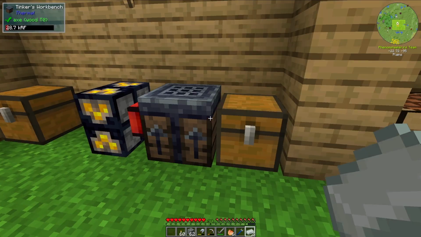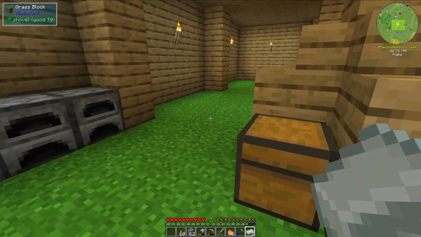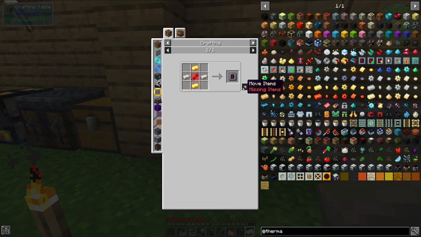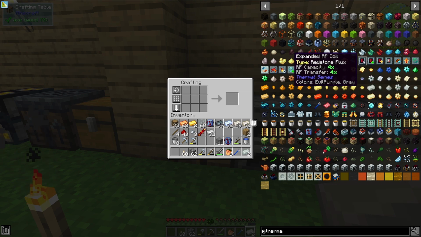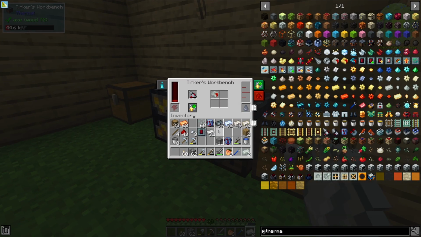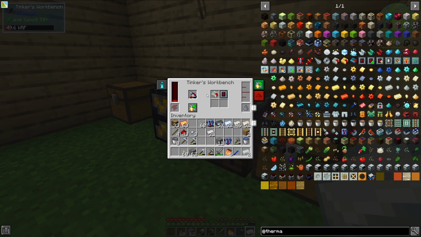Let's go ahead and do that. That'll be kind of useful. Actually, I'm not entirely sure how useful that will be, but I'm going to do it anyways. If nothing else, I can eventually move this augment to one of my flux capacitors. So let's go ahead and make that and throw that in here. I believe it should go in there. So yeah, instead of holding 50k, it holds...